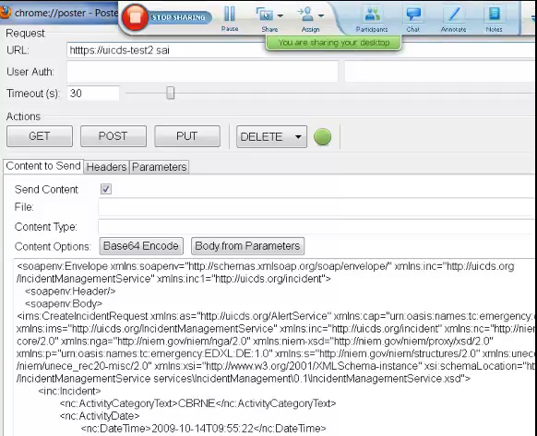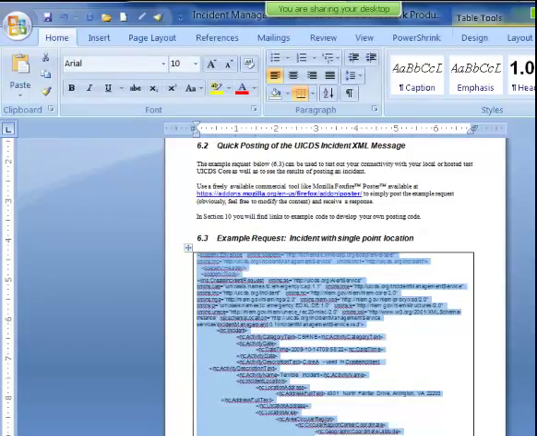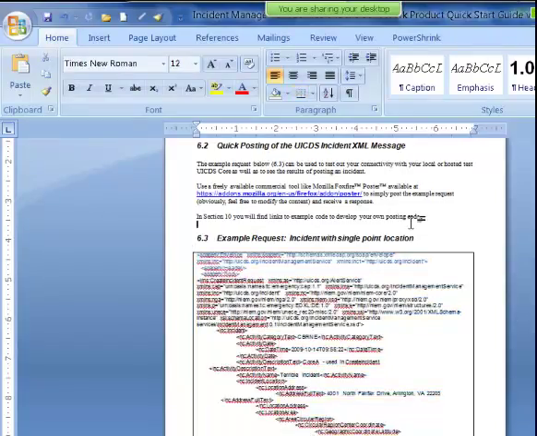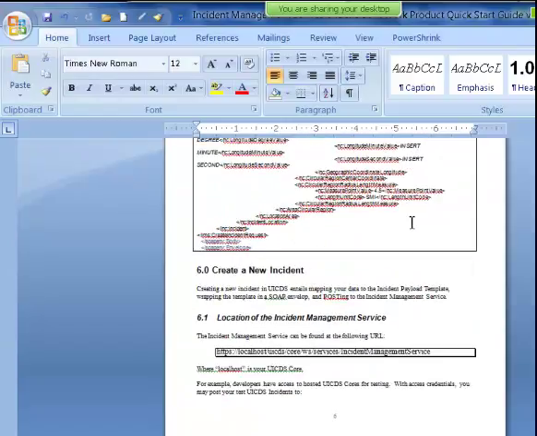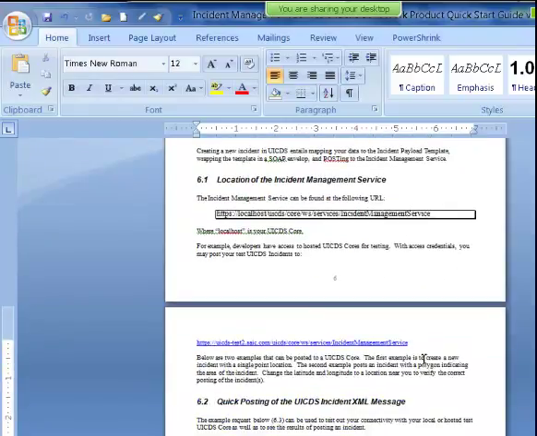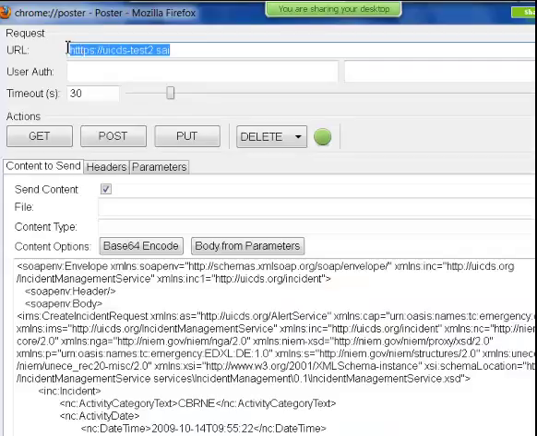Oh, actually, I know where I have that. In your Getting Started guide, in here, my Getting Started guide. I was wondering how you could use that. So I'm going to create this incident here, and I'm going to copy this from the Getting Started guide into